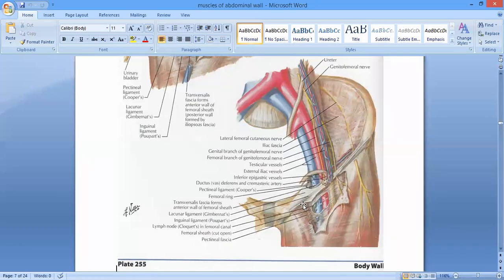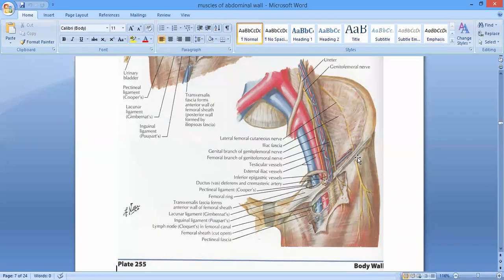That is Poupart's ligament. Then the lacunar ligament is also called the Gimbernat's ligament, and the pectineal ligament or Cooper's ligament. Here, you must be remembering these things, right? Okay. Now, the lateral part of the inguinal ligament, it is also going to give origin